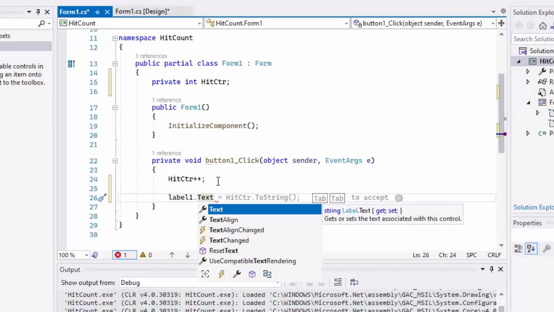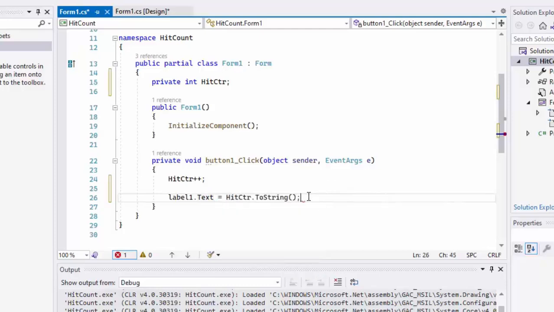Okay, as of Visual Studio 2022, Visual Studio is sort of smart enough to predict what we want to do. So in this case, I think the prediction of what we want to do is almost exactly correct. We want to take the value of the hit counter, which is integer, convert it to string, and then we can place it onto the text of the label 1. So if you want to accept this suggestion or prediction, just click on tab twice.